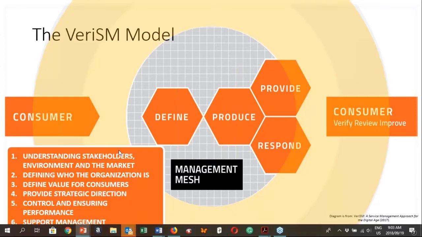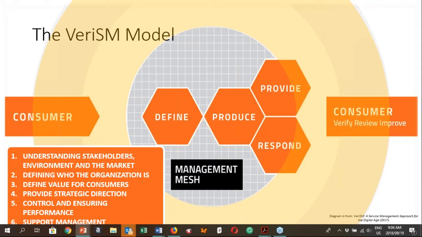In essence, we're going to create awareness within the governing body of their roles and responsibilities for digital transformation and building products and services that are appropriate for the digital age.